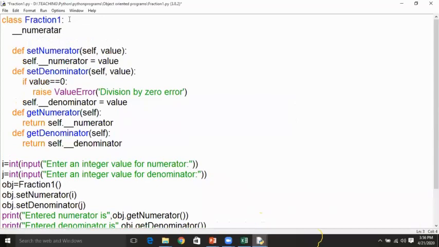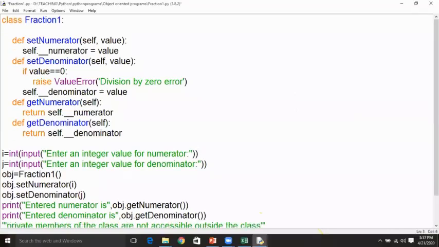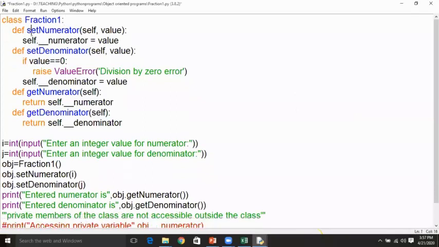No, Python is not going to allow you to declare variables without assigning some values to them. Programmatically, you are not assigning the values. The user is giving values to this program, and the user-given values were assigned to class variables here. So in order to do that, you are using methods like set numerator and set denominator to assign values to the private variables of the Fraction1 class, __numerator and __denominator. So after this, the class variables were assigned with the values.